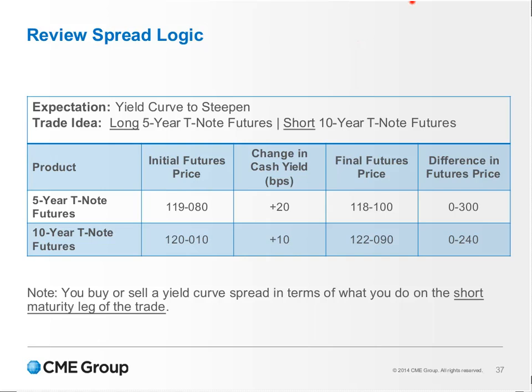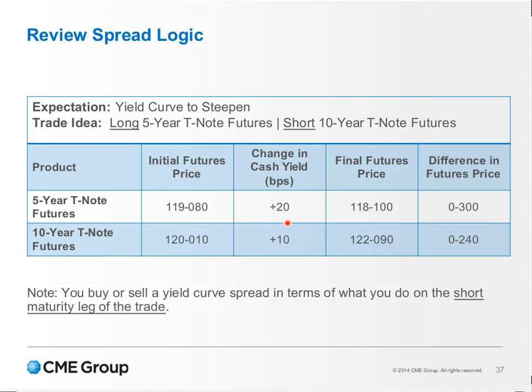Treasury note futures. When the yield curve steepens, the 5-year Treasury cash yield will fall relative to the 10-year Treasury cash yield, and the 5-year note futures price will rise relative to the 10-year note futures. A long position in 5-year note futures will gain more than a short position in 10-year note futures will lose. This example shows that a 20 basis point drop in the initial 5-year cash yield of 1.99%